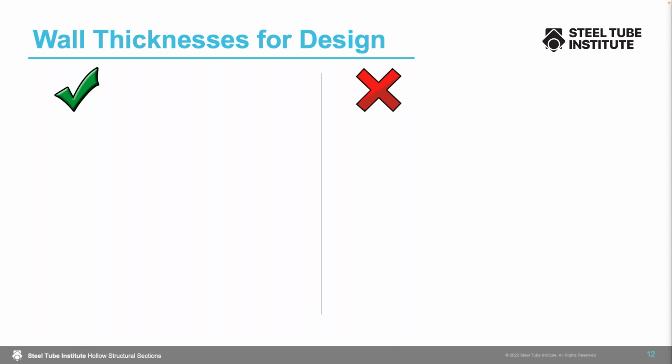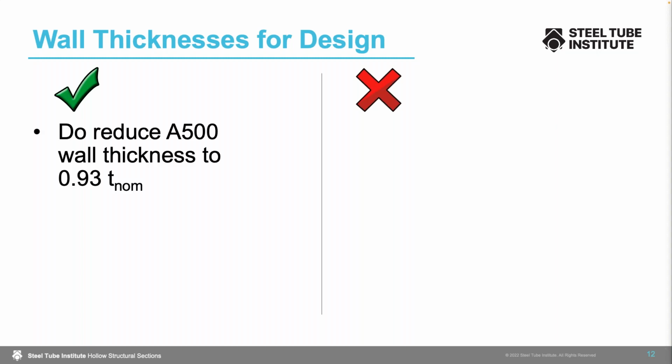Next, we'll move into wall thicknesses for design. Now, you may or may not be aware of this, but the A500 spec allows a plus or minus 10% variation in wall thickness. So a savvy producer would create a shape on the lower end of that spec requirement. And so you might end up with a wall thickness that's 10% less than the nominal wall thickness. And so because it can be produced with such a large swing in tolerances, AISC accounted for that by reducing the nominal or the design thickness to